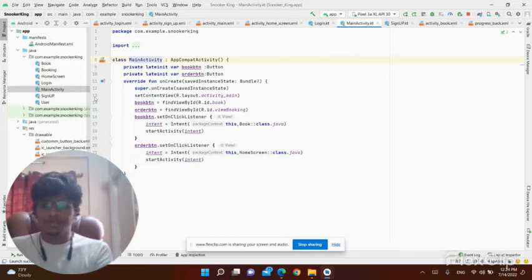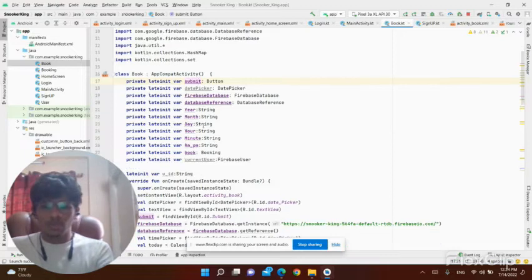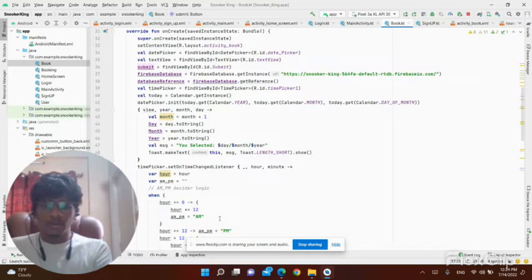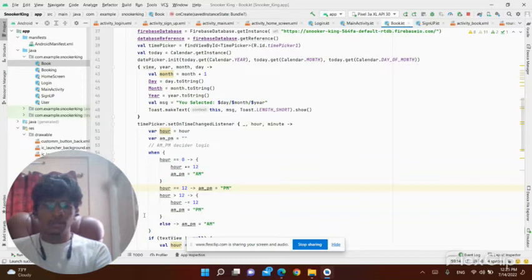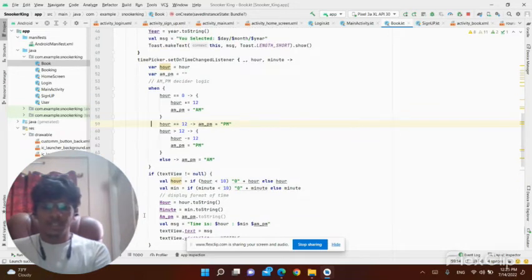Now in book.kt, we have multiple functions which will allow the user to choose a date and time and store that date and time in the Firebase database as a booking. This part over here is to pick your date, and this part will pick your time. On moving the dial above 12 or 1, 12 or 0, it will automatically show AM and PM changes. And when you click on submit,